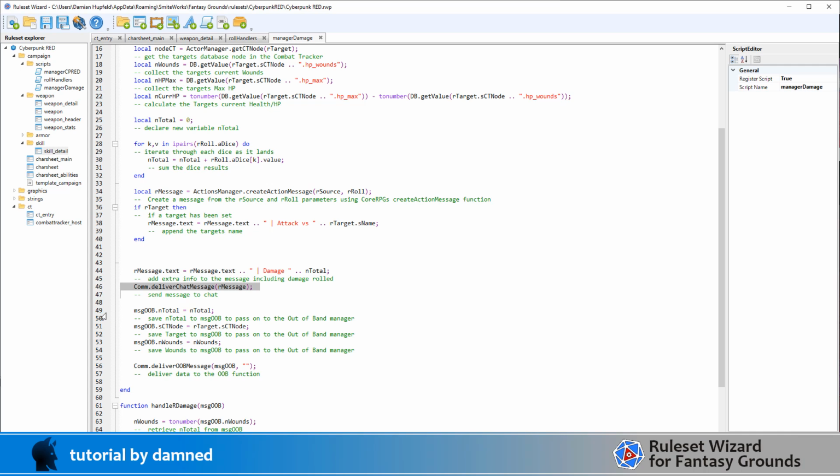Now we're back to some new code. So now what we want to do is, we only pass a single variable to our OOB function, which is handleRDamage. We can see here that handleRDamage accepts a single variable, and it's called msgOOB. So what we want to do is add some extra pieces of information to that. We're just going to whack some extra nodes